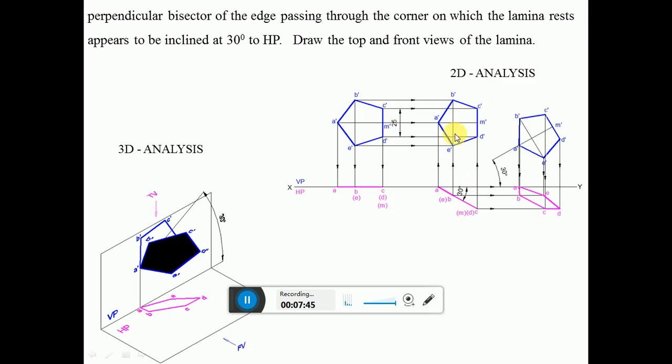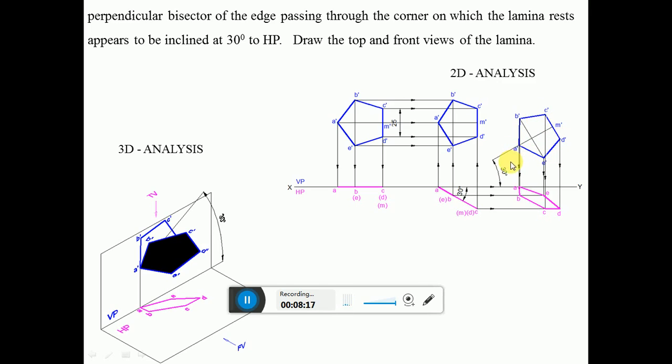Since this point and this point are equal, you take the same radius and cut it on this side to get this point. And again from M dash you draw a perpendicular to this inclined line using the protractor. Then measure the length from M dash to C dash. From M dash you cut an arc, and similarly from M dash you cut an arc on this to get the points D dash and C dash. Then join A dash, B dash, C dash, D dash, E dash and M dash.